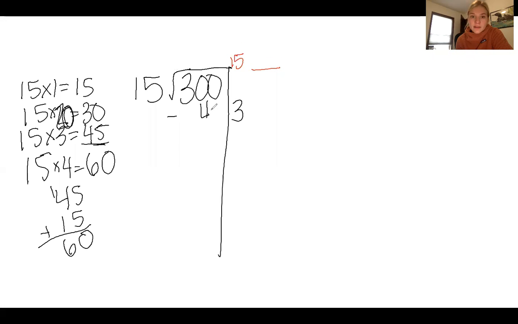So 15 times 3 is 45. If I had 300 pieces of candy and I needed to divide that up into 15 groups, well, I know I could for sure get 3 groups of 15. So once I take out 3 groups of 15, the 45, I have to see how much candy I have left to divide into groups. So let's take it away. 0 minus 5, can't do it. Oh, and I can't borrow over here either. So